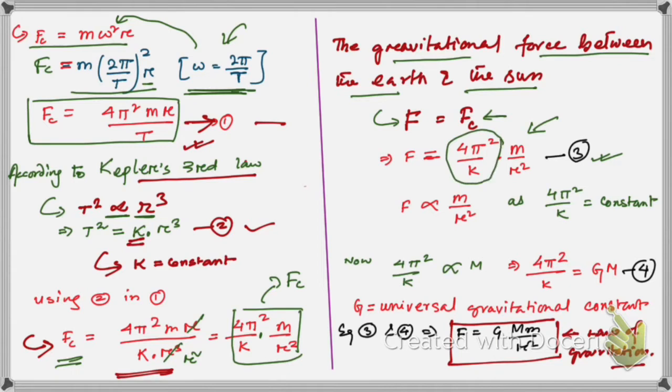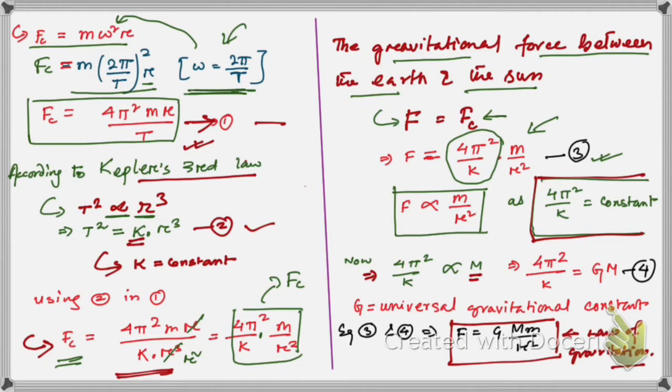This part is constant, so F is directly proportional to m by r square, you can write, okay? And this is constant, right? 4 pi square by k, this is constant. And this constant is proportional to the mass of the sun, capital M. And if you make it equal, then again you need a constant, that is capital G, that is called universal gravitational constant, right? Now from equation number 4 and equation number 3, from these two equations,